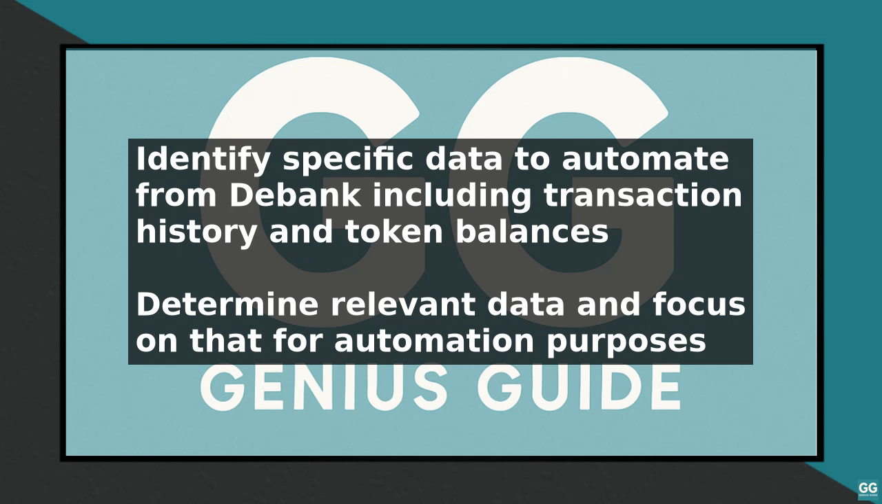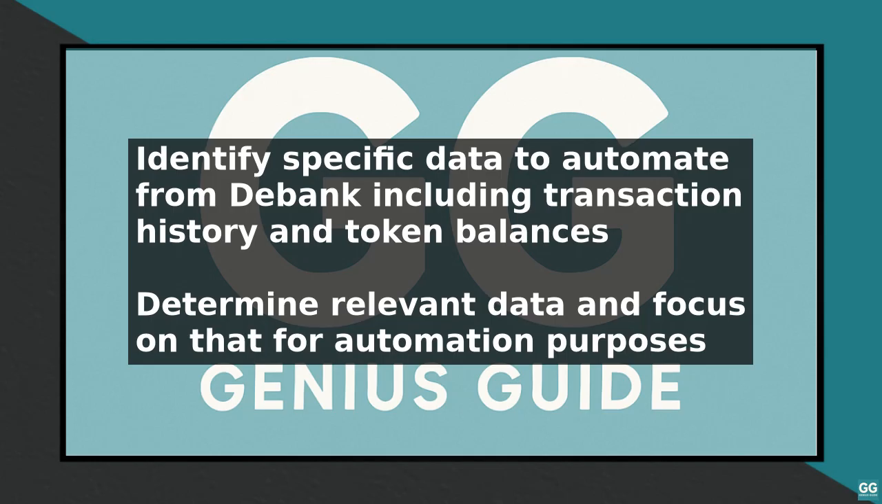To use the API, you need to obtain an API key from Debank. This key is used to authenticate your requests and ensure that you are allowed to access the data. With the API key in hand, you can start making requests to the Debank API to fetch the historical data